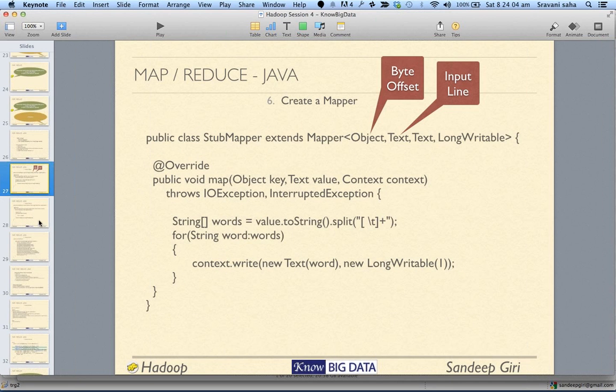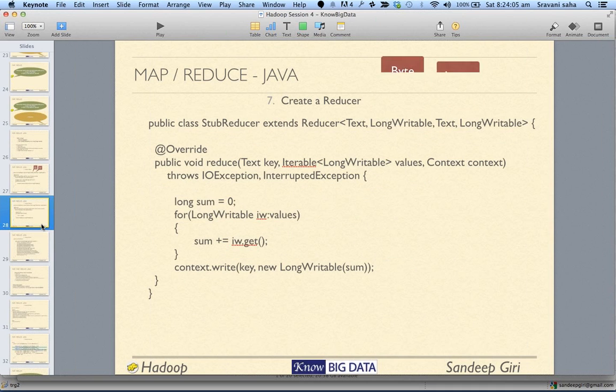Now, once you have finished writing your mapper code, this is how you will write your reducer code. In the reducer code, same way, the only thing you need to note is